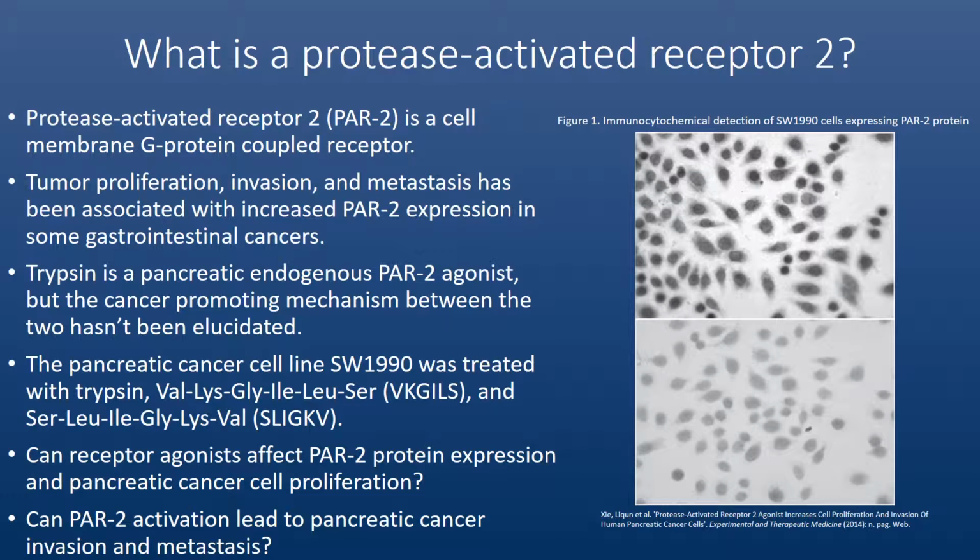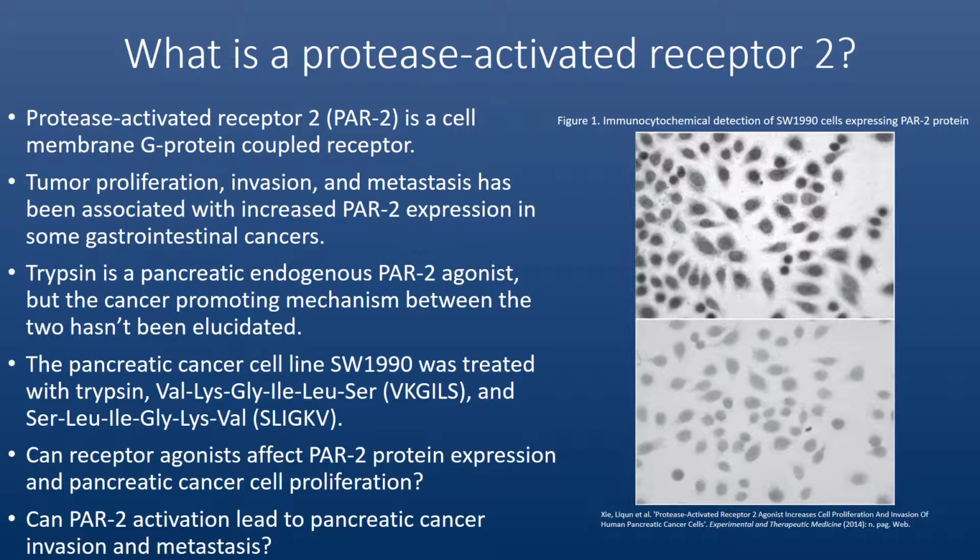In this study, pancreatic cancer cell line SW1990 was treated with trypsin, the PAR2 activating peptide serine, leucine, isoleucine, glycine, lysine, valine, and the antagonist of PAR2 peptide valine, lysine, glycine, isoleucine, leucine, and serine, to determine how these treatments affect PAR2 receptor expression. Moreover, it was found that PAR2 protein is expressed mainly in the cell membrane and cytoplasm